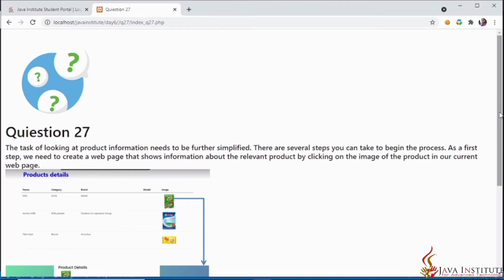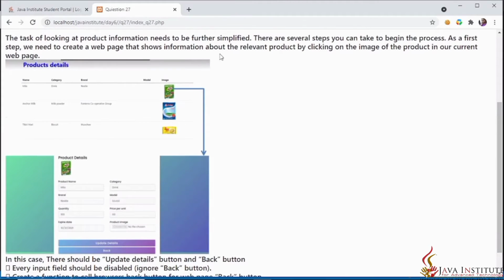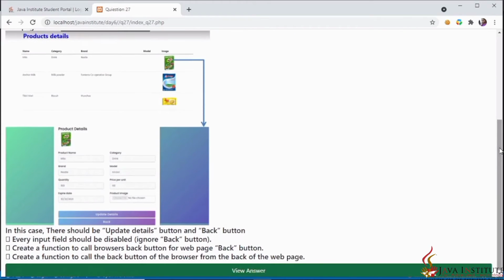If you can remember, this is the current web page that we created in my previous video, the product view page, and it says that we have to complete the task when we click this image. Upon this image, another page should appear like this to update the details and to go back, and the product details should be added to these input fields, and those input fields should be disabled.